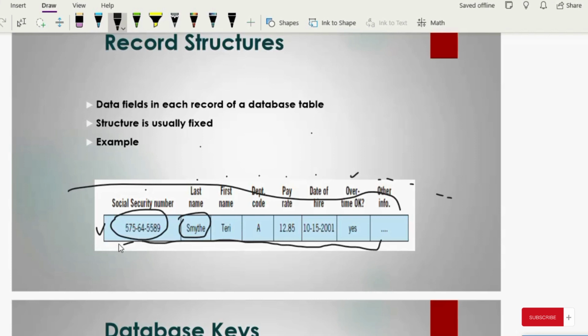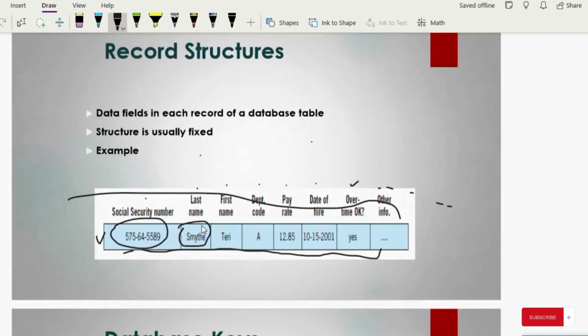The common examples from an accounting perspective could be the information about an inventory item, the information about accounts receivable, or the information about a vendor. So all these things are examples of records. Moving on towards